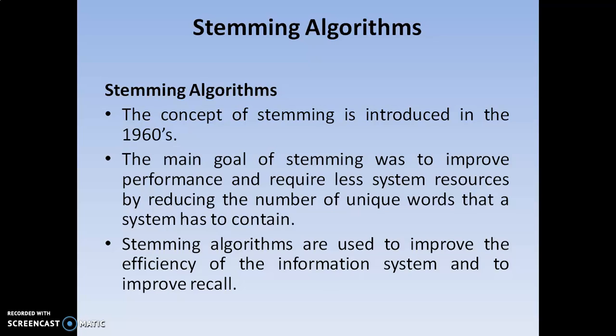And stemming algorithms are used to improve efficiency, and there are two different measurements we have already discussed in the searching procedure. One is precision, another is recall. The meaning of precision is searching for the top relevant items. The meaning of recall is searching for the least relevant items, or sometimes non-relevant items also, and very least relevant items also.